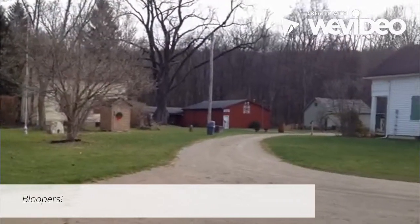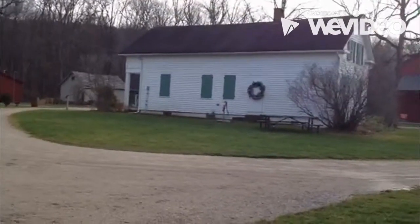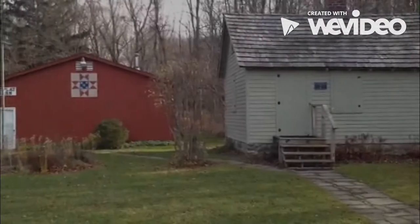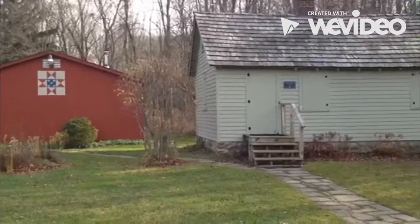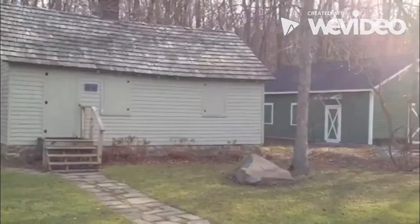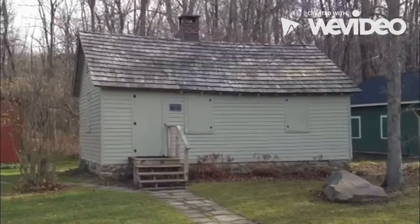Frostville Museum is a living history of 19th century Ohio. Placed at the bottom of Cedar Point Hill in the Rocky River Reservation. Prior to settlement, the area that is Northeast Ohio was called the Western Reserve. The Western Reserve was sparsely populated until the end of the War of